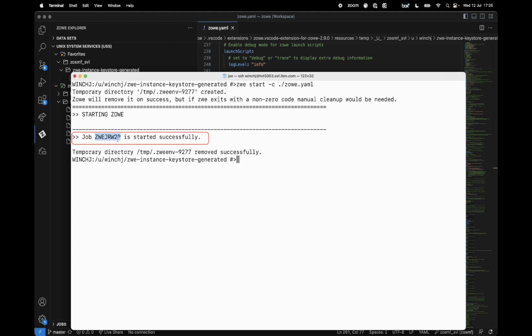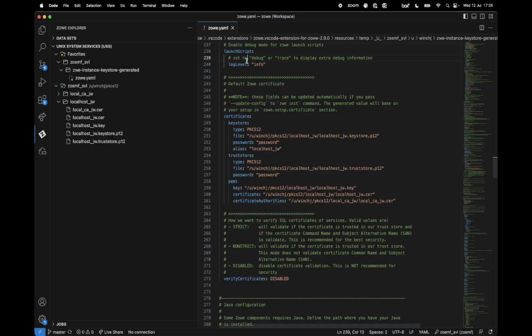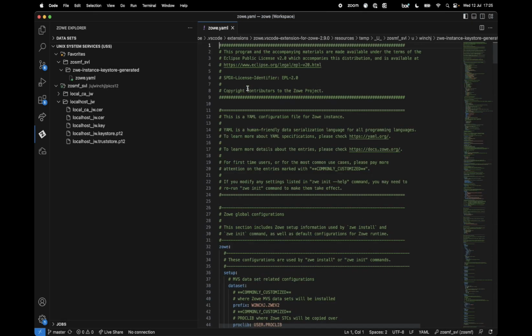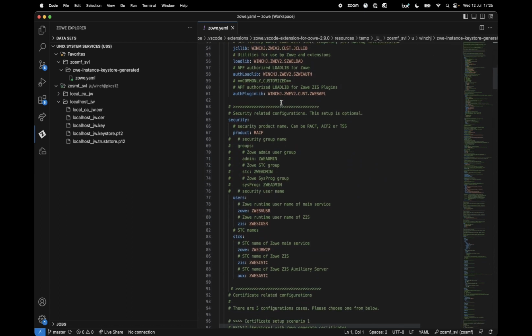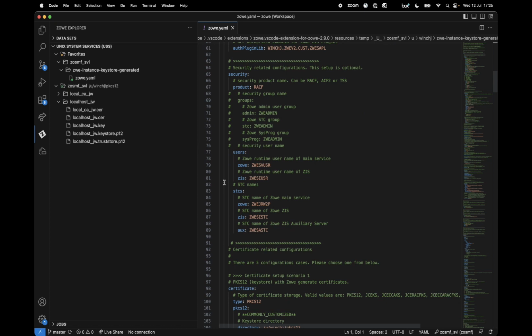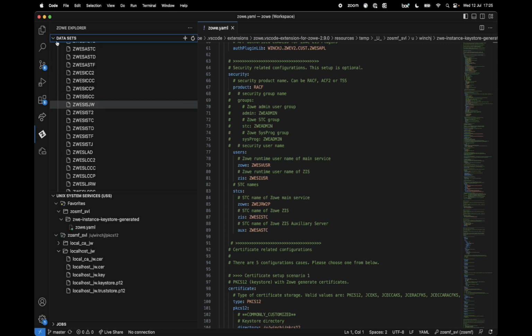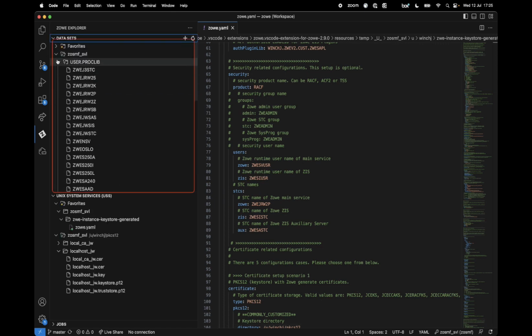That's the started task name, ZWE JRW2P. That is because in the zowe.yaml file, we set the zowe.setup.security started task names to be ZWE JRW2P. We can also go and have a look at that in